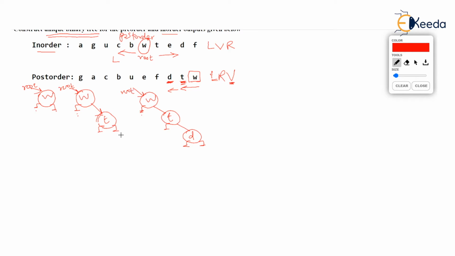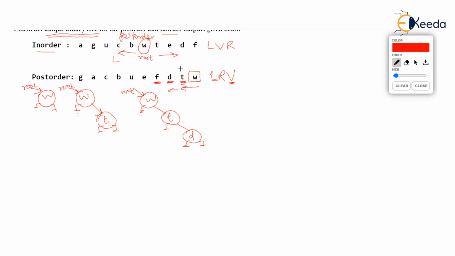Okay. Now if we come back by one place, going in the reverse direction, F is the next value. Let's see where F will get added. Start from root of in-order. Now F is to the right of W. Check the place in the in-order. So F must go to the right of W, but right of W is already T. So go to T and check where the new value F is with respect to T. It is to the right of T. So F must go to the right of T.